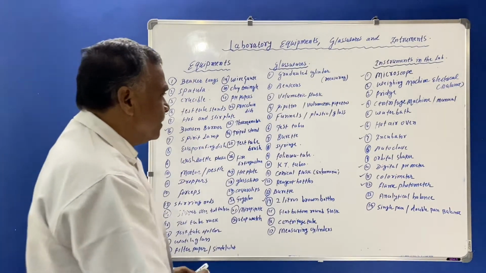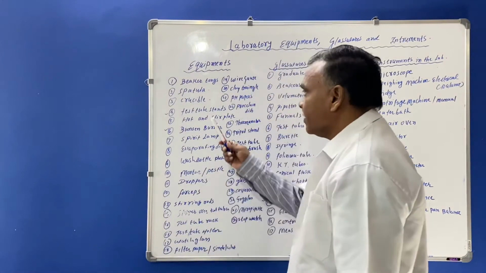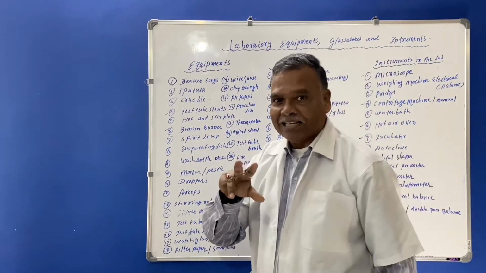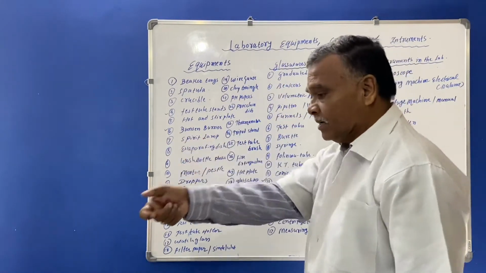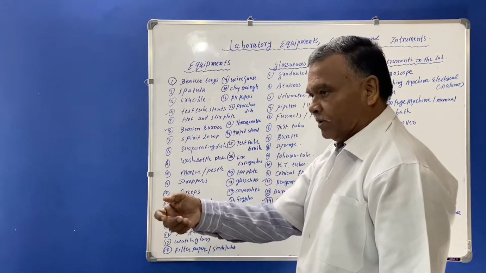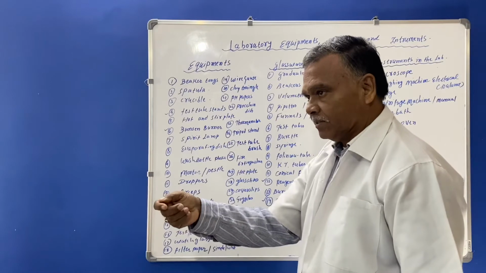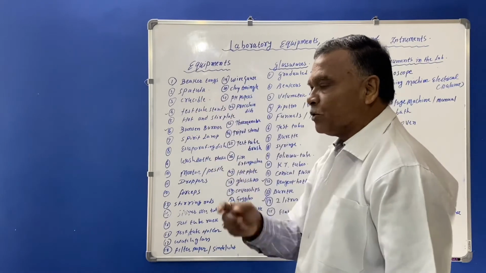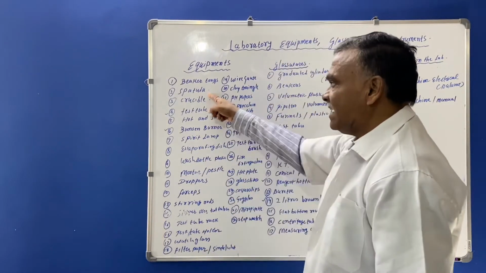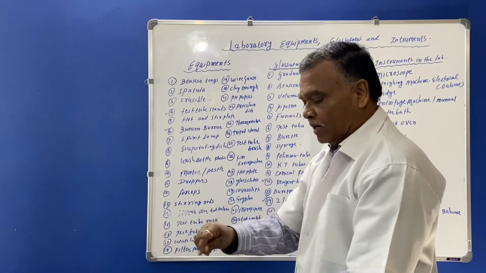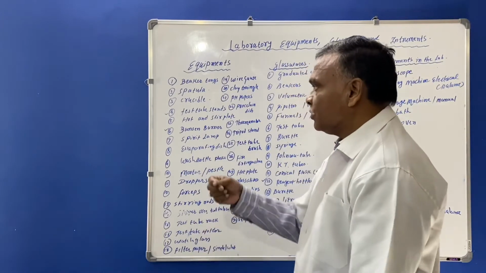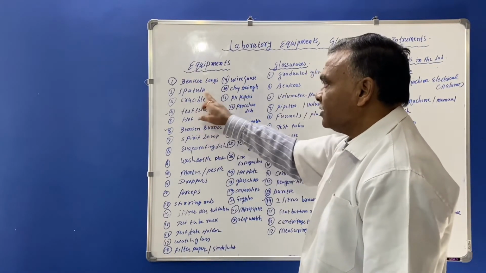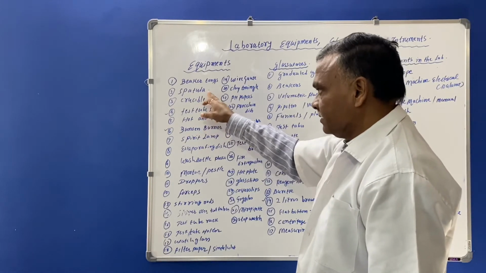Then equipment. From this equipment, you must know the beaker tongs are there. Beaker tongs are scissor-like, and they hold the beaker to take it out from the tripod or from the burner. Spatulas are just steel made, and are used for taking out salt from the bottles of 250 ml or 500 ml.